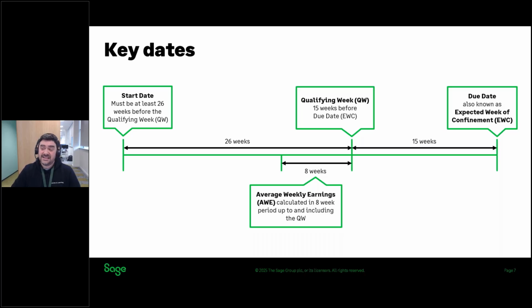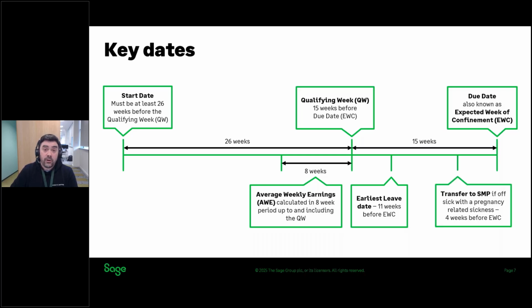A couple of other key dates to be aware of. The earliest date that maternity leave can begin is usually 11 weeks before the due date. The exception being if the baby is born before that point, in which case SMP will begin the day after the date of birth. And for employees who are off work sick with a pregnancy-related sickness, if they're receiving SSP,